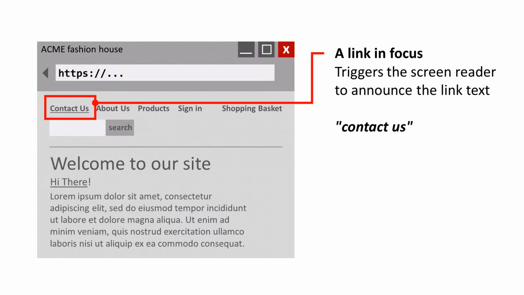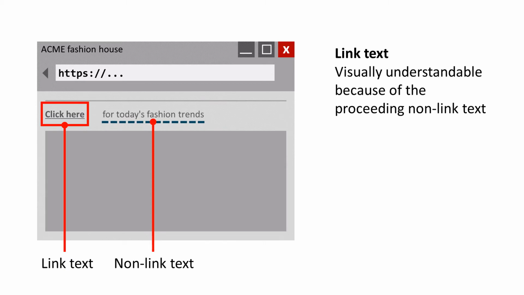Some users navigate a website via a screen reader, which audibly announces the text and labels of links and other interactive elements on the page when tabbing through with the keyboard. When a link has focus, the link text is announced, but unless created clearly, this text can be difficult to understand. When a user navigates a page visually, they can easily understand the relationship between non-link text and the link. The text surrounding a link often provides additional context for where the link goes.